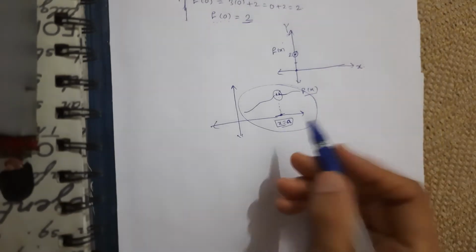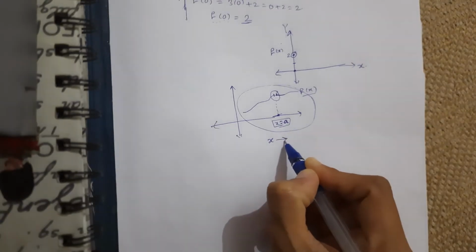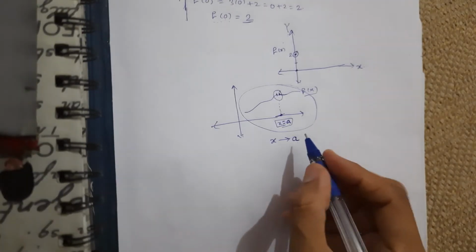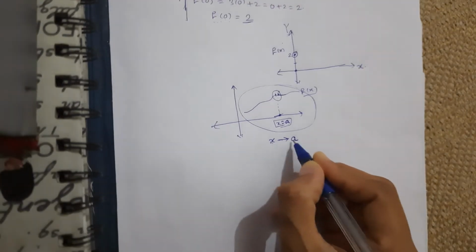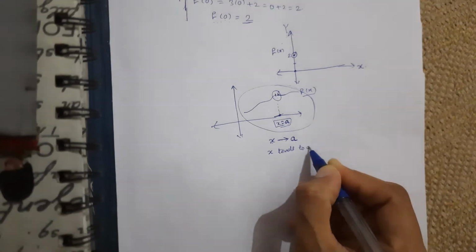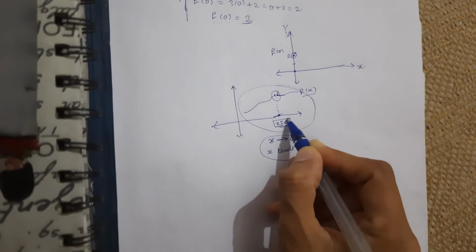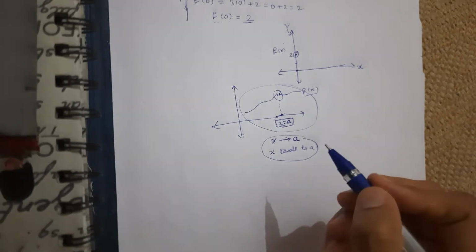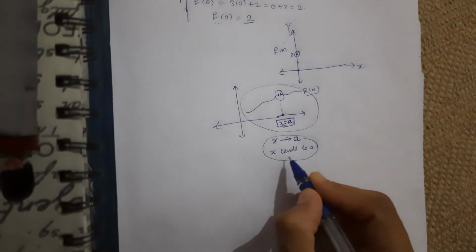So instead of taking x exactly equal to a, I will say x is approaching a. In mathematics I am going to write it as x with a single arrow to a, and I read it as x tends to a. Okay. Why am I writing this? Because I know I cannot take x equal to a, because f of x does not exist for that point. X tends to a or x approaches a.